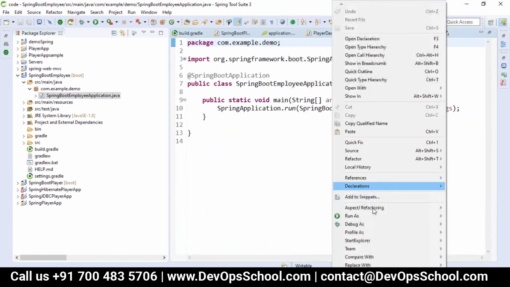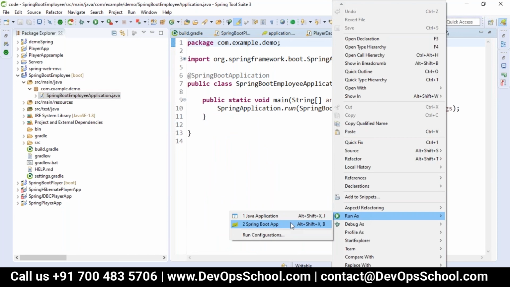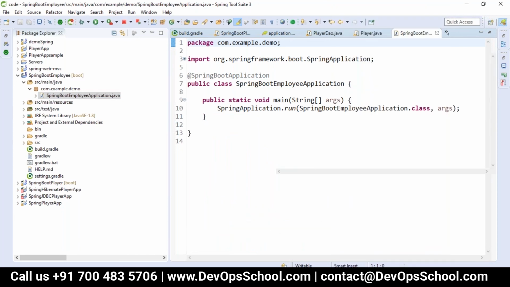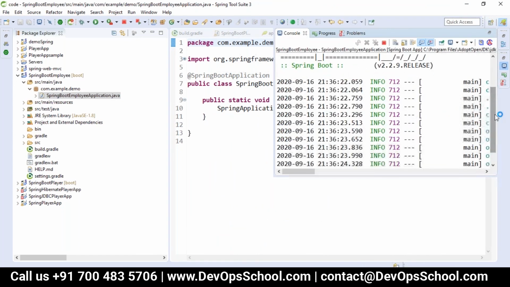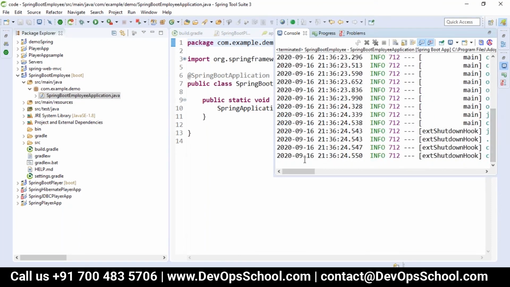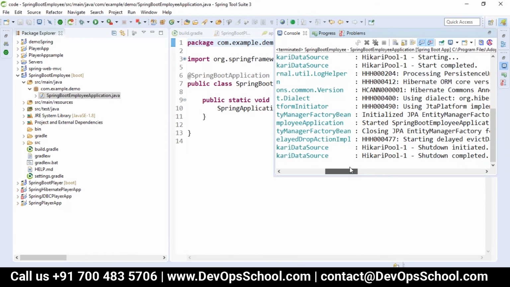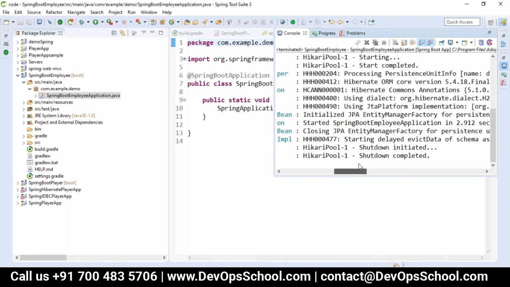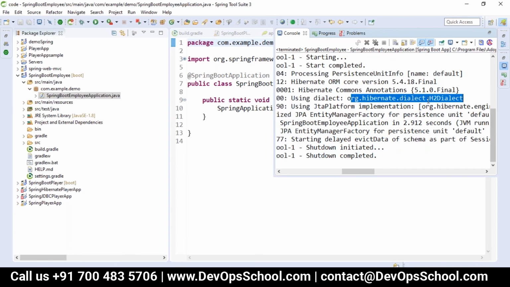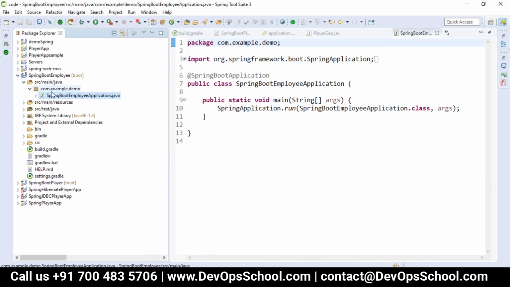Now, as I configured the H2 database, if you just run it here and see, we are not getting any errors, right? Because it's initialized the Spring Employee application, and you can see it has processed that it is using a dialect, which is called Hibernate dialect of H2, because it is taking an in-memory database, which is the H2 database.